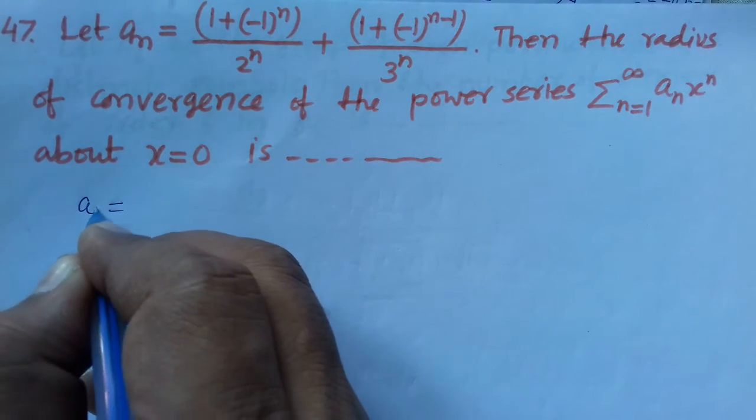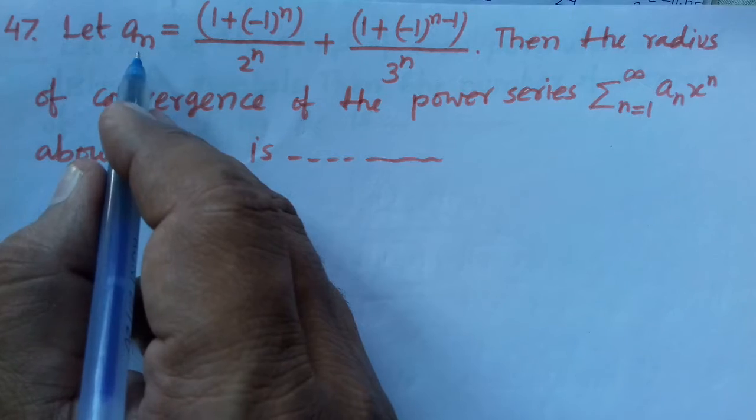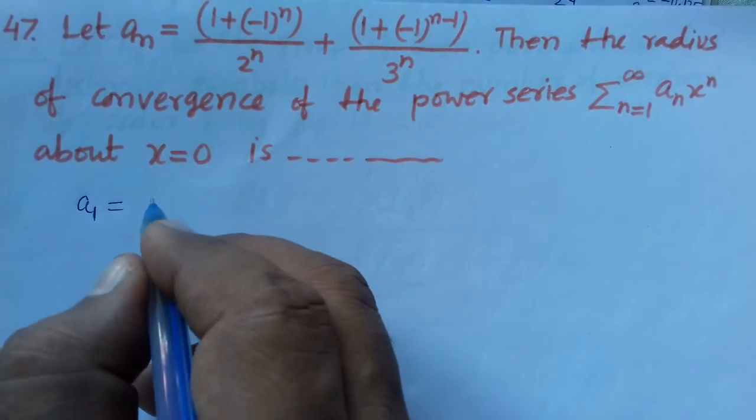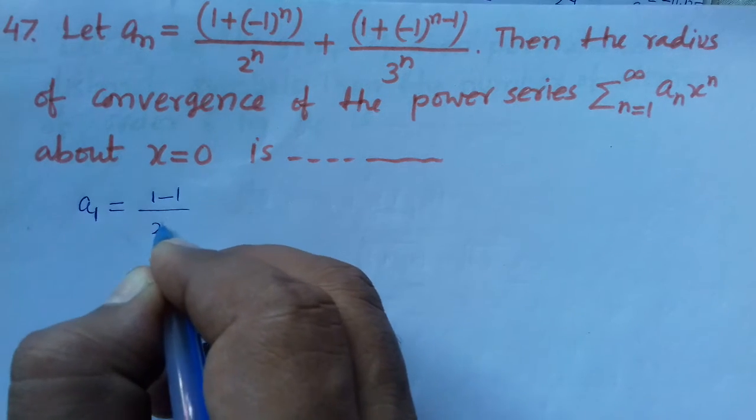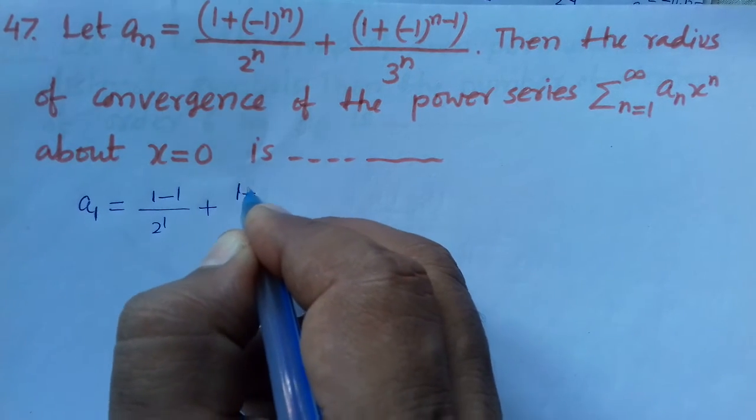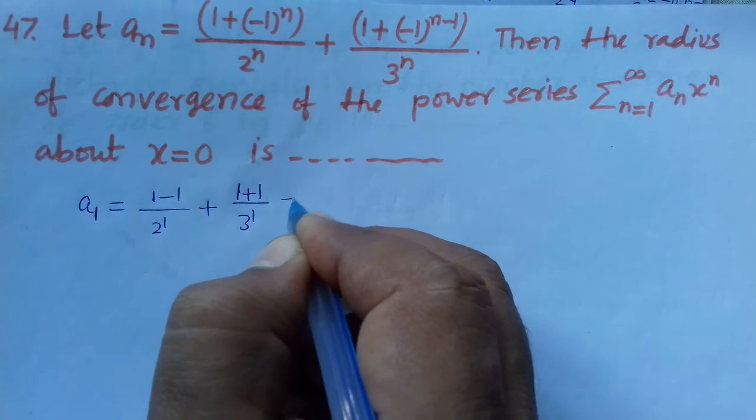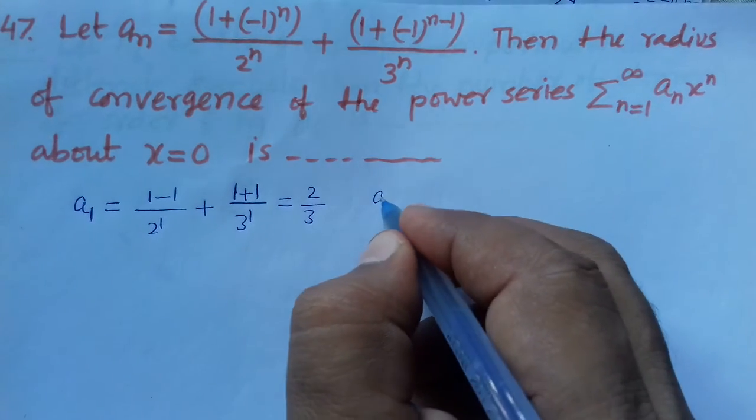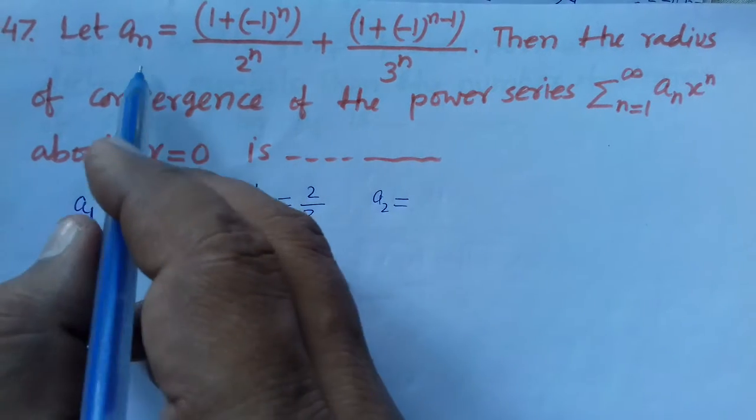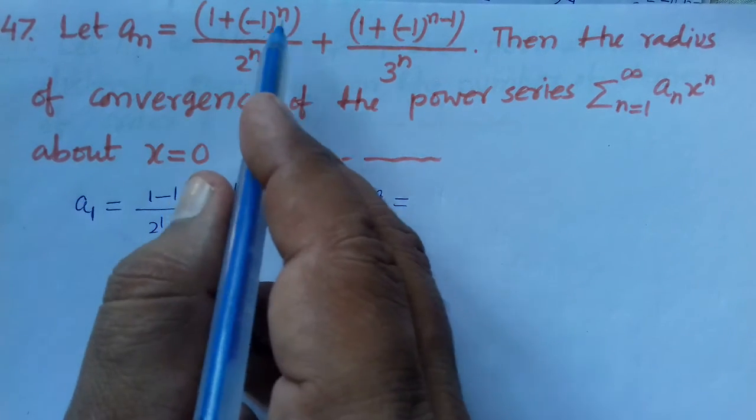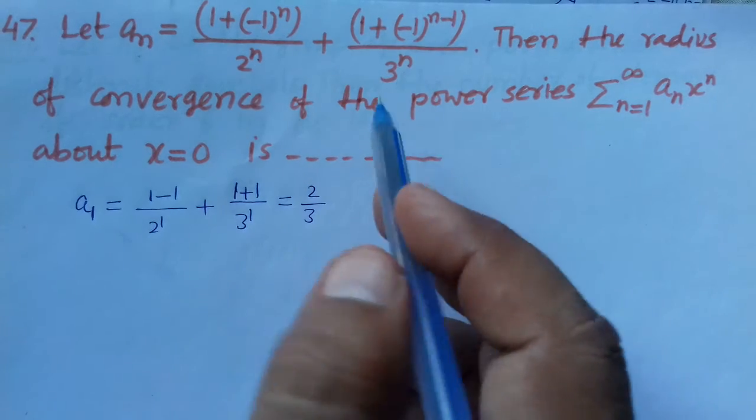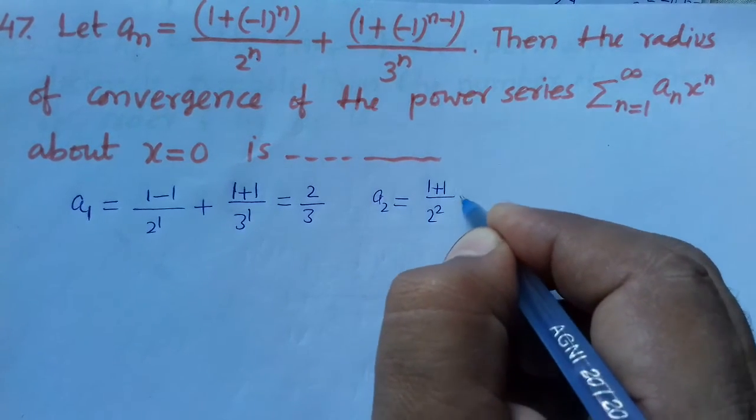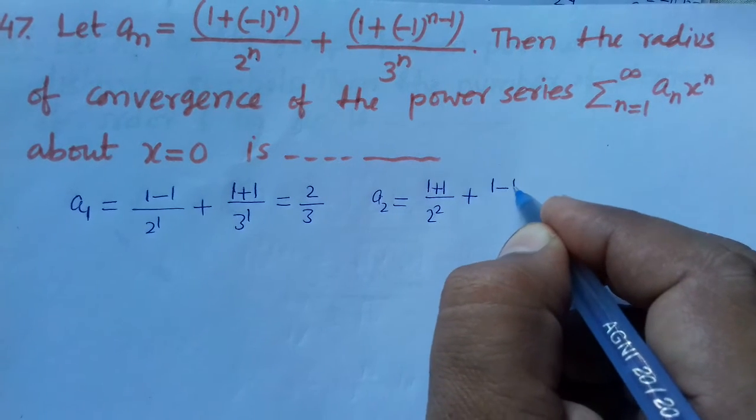a1 means we have to put 1 in place of n, so 1, 1, 1, and this will give us (1 minus 1)/2 by (1 plus 1) plus (1 plus 1)/3 by 1, that is 2 by 3. Now a2 means we have to put n equals 2, so 2 here, 2 here, 2, and doing so we get 1 plus 1 over 2 squared plus 1 minus 1 over 3 squared,